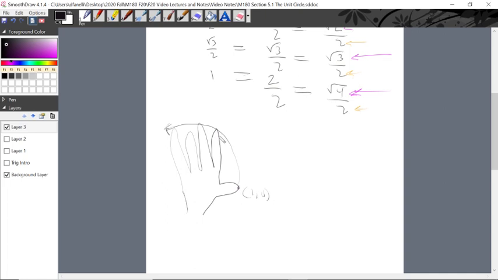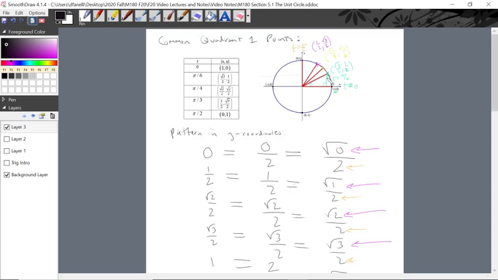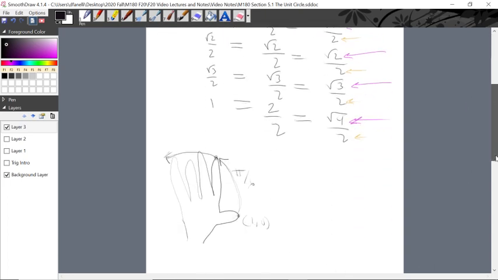If you move, for example, through a distance t equal to pi over 6, the distance t equals pi over 6 would put you right here at the index finger. It would be at the first finger right next to the thumb. So if you were to fold that finger, close that finger,